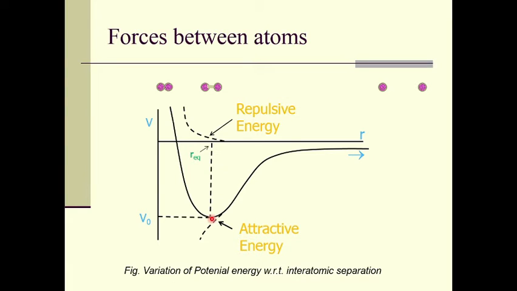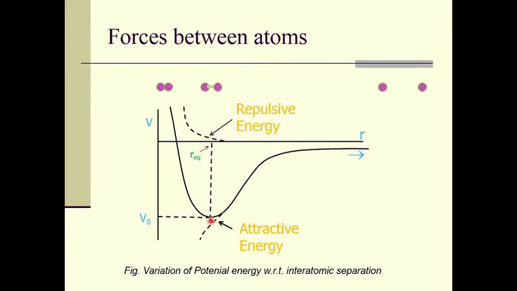They are the same, right? At this point both the energies, attraction and repulsion energy, are the same, and therefore we can say the bond is formed at this place, because at this interatomic separation, the equilibrium separation, R eq means R equilibrium. So at the equilibrium separation our potential energy is negative and it is minimum, right? At the minimum value of potential energy, that means V0, our bond is